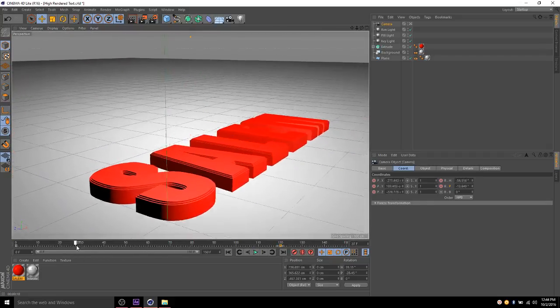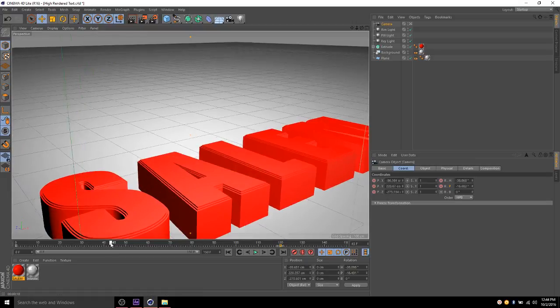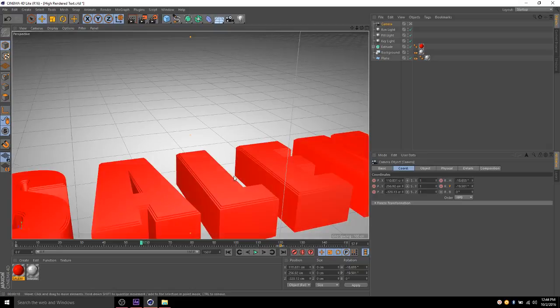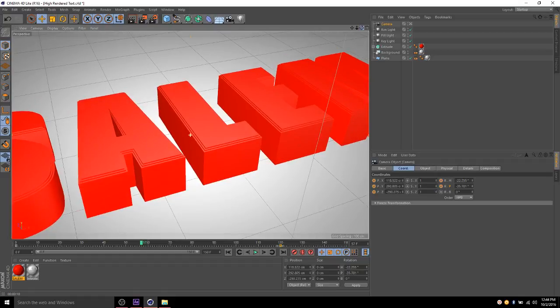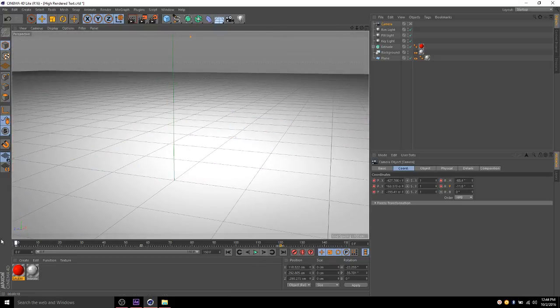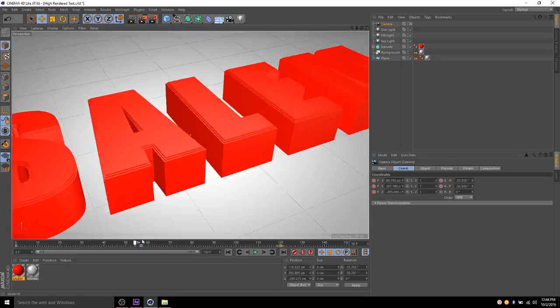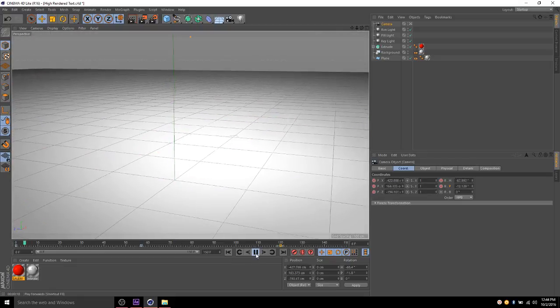Let's say when it's flying over here, you want the letters to be more in the center. You could go to this point and set a keyframe where you move the camera, I don't know, back like that, and then set a keyframe for all these points. And now it's going to go from this starting point to here and then go to our third frame. All right, so if we play that,